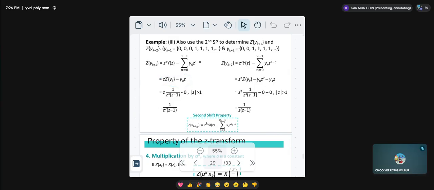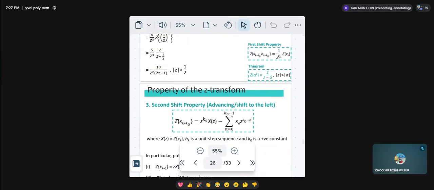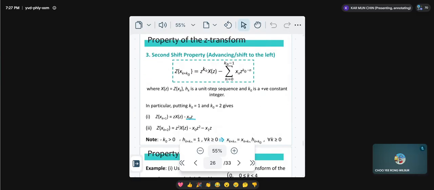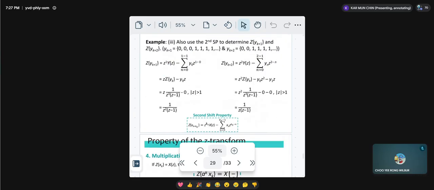So what you get? You will get Z times Y Z, right? This is the Z transform of your Y, minus Y0 Z. By referring to here, after you rewrite this, you know that Y0 is actually 0, right? So it's just minus the 0. And then Z, 1 over